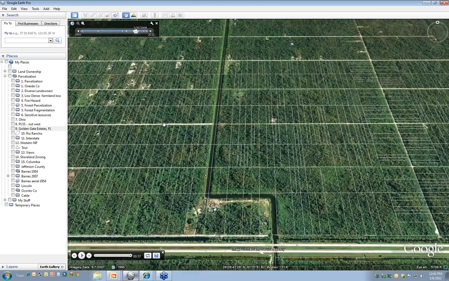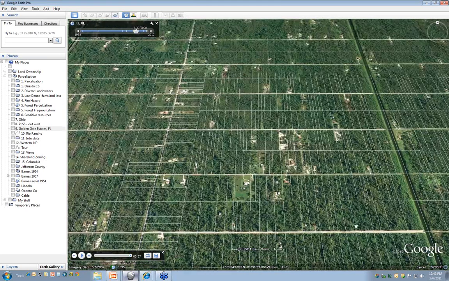The northern part of this subdivision, once it catches up here, you'll see is sporadically developed. Again, this increases the cost of services, maintaining these roads, busing these children, and fragments the forest and the habitat here.